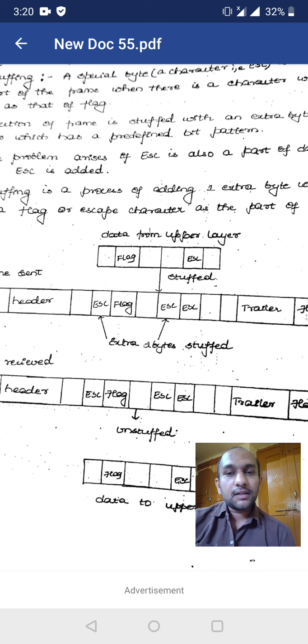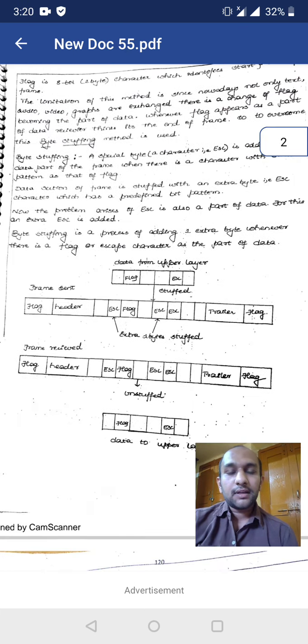Our original data contains data the same as the flag and escape bits. Hence before the flag we added an escape bit, and before the escape bit we also added one more escape bit to avoid confusion. So this mechanism is known as byte stuffing. Byte stuffing is a mechanism used to avoid confusion between the flag and the original data.